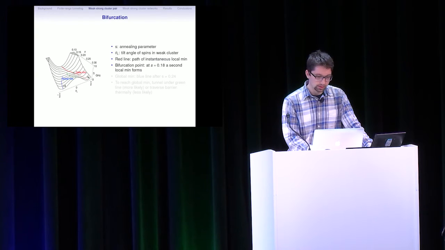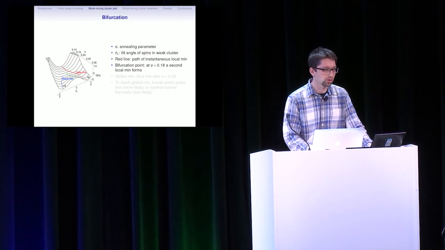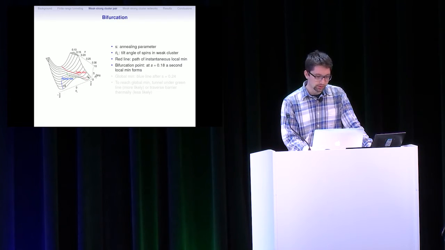But at some point, approximately at s equals 0.18, we'll have a bifurcation point. And by that we mean that in the potential, we have a second local minimum starting to form. Okay, and then it turns out that actually the global minimum forms on the other side, which is along the blue line. But the system has already started following the red line here, and by the time it's apparent